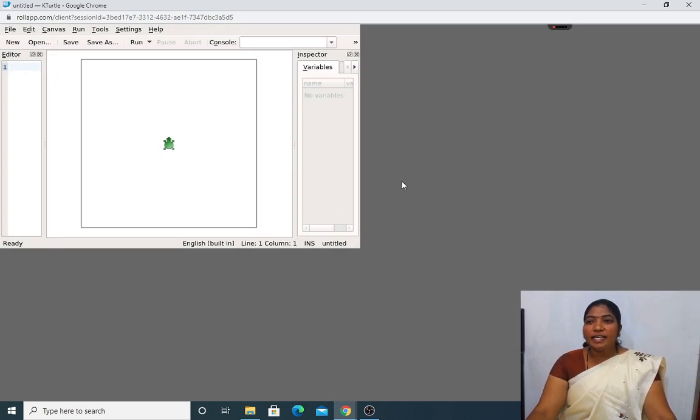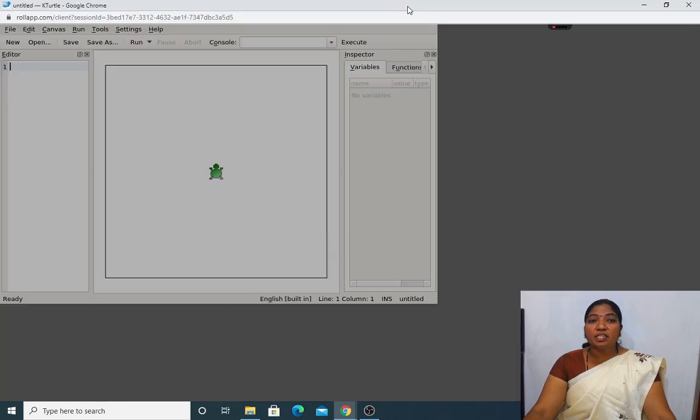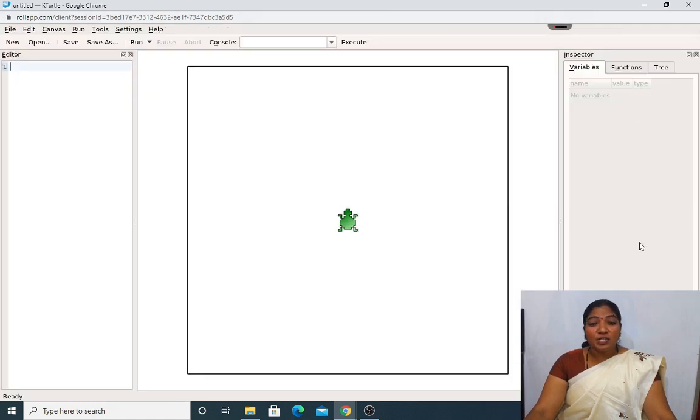This is the KTurtle editor. What you have to do, my dear students, here? As soon as you click username and a password, you will get a KTurtle editor. A KTurtle editor consists of a title bar. This is the address bar. One more bar, which is this bar called as? This is called the menu bar.